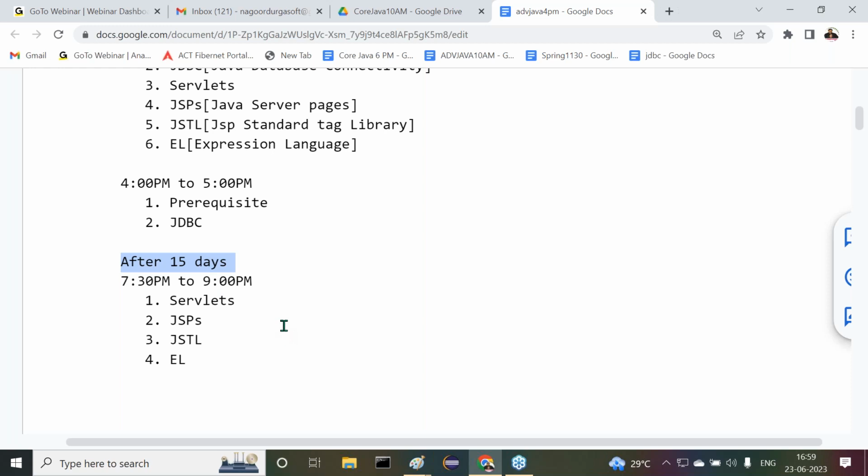All right, for new members I'm telling that new members are available. Yes sir, got it. For new members, the 4 to 5 class, then again maybe 6 to 7, there is a 2.5 hour gap. Again at 7:30 to 9 o'clock, how is it possible for me to attend the class? You may attend, then this 2.5 hour gap, what do I have to do?